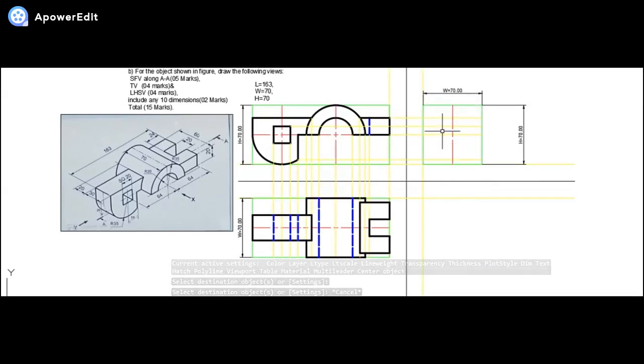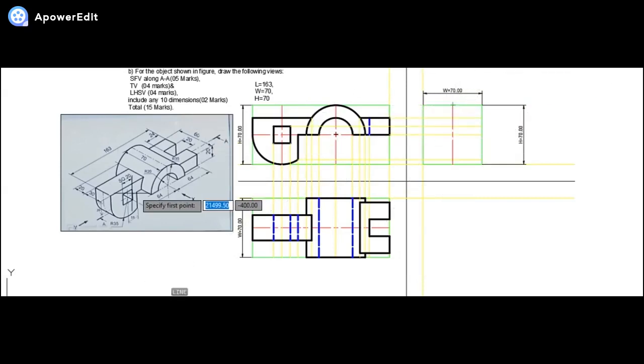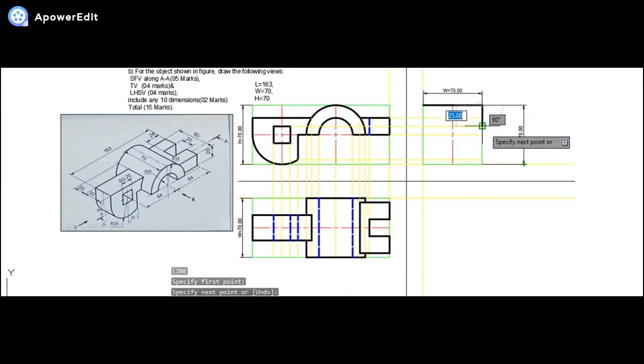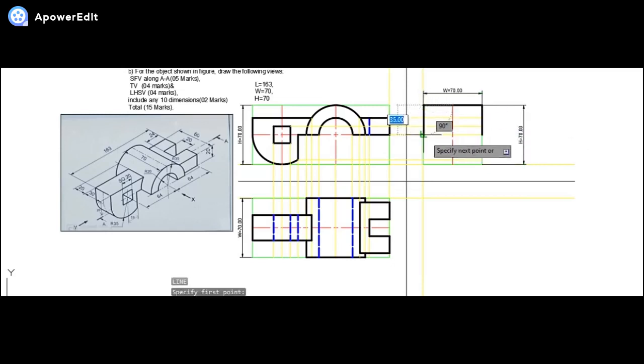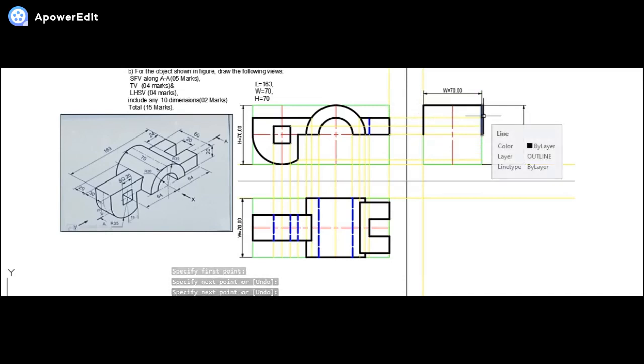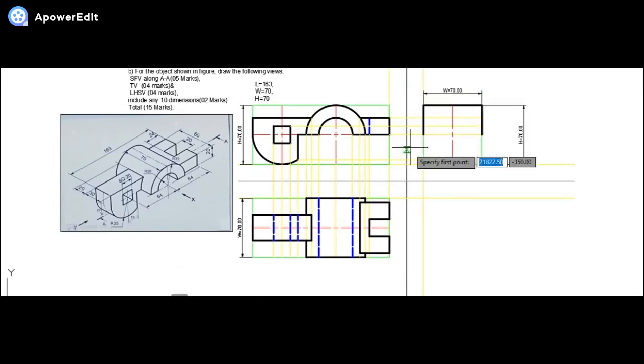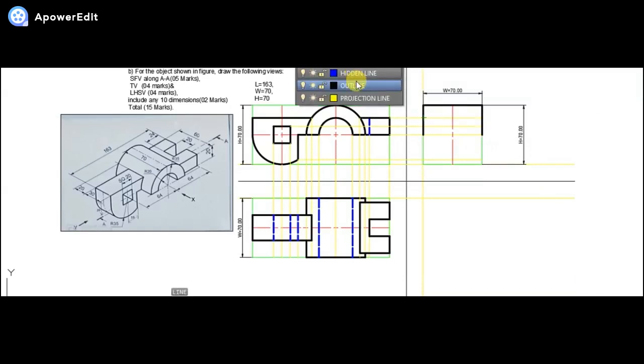If we see very clearly over here, this will be the 70 mm width that we will be seeing. From here we are starting, and it will be completed up till here like this. Just for drawing sake, I'll be drawing this and I'll be drawing this. Just to clear it out so that people should not get confused, I'll be drawing a comparatively faint line to join this with this.